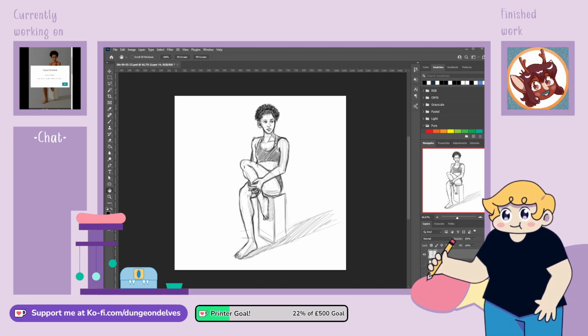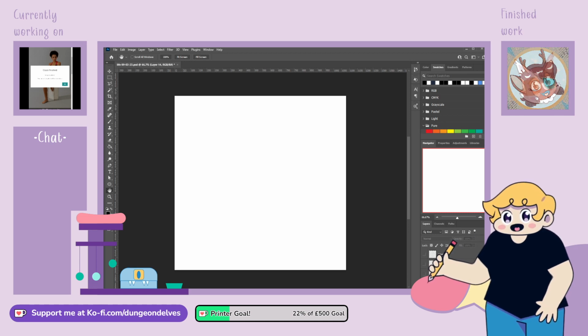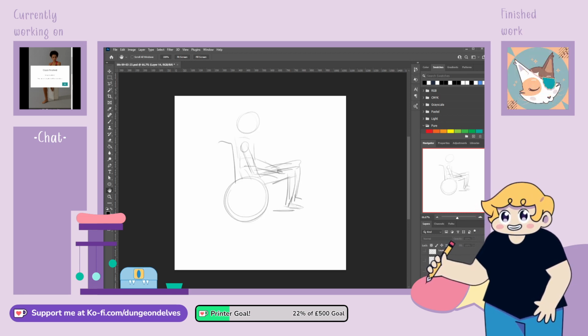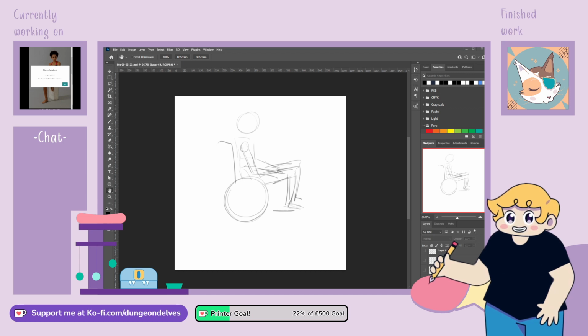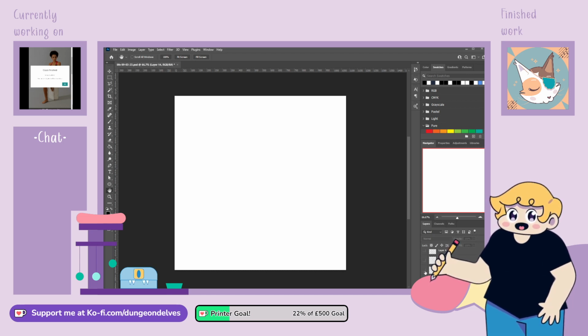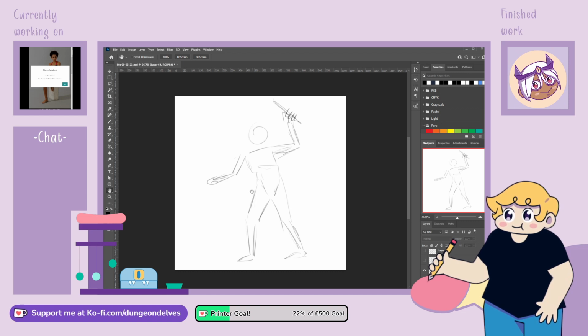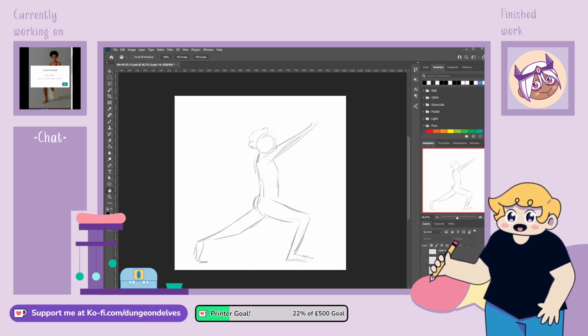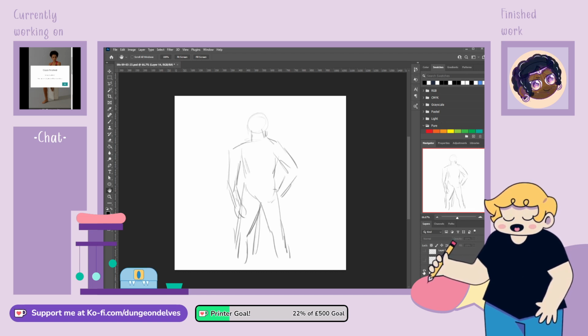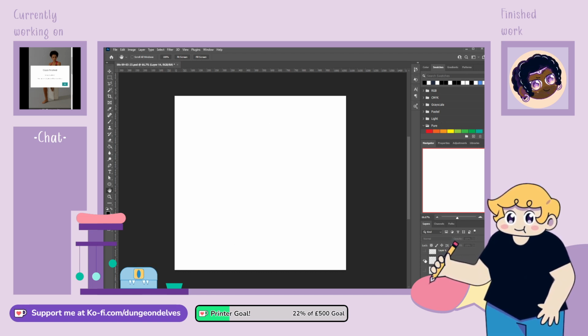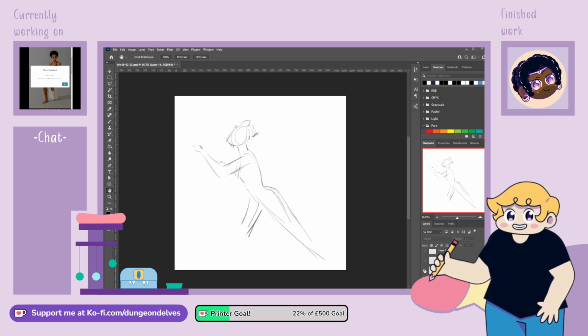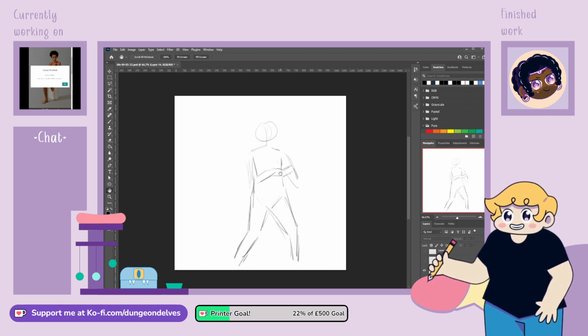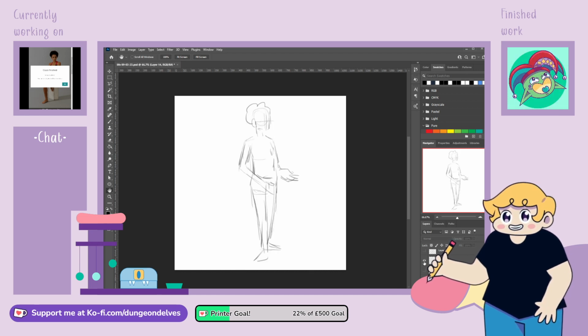Okay. Before we go, let's have a quick look back at all of our sketches in order. So we'll go with the very quick ones. These are the 30-second ones. So these are all about just getting the pose. It's pretty much stick figures, but trying to just get everything in. And for the most part, I did actually get the entire pose in. I missed the hands out there. There were a couple where I missed the feet. But a lot of them I feel like I got the pose in. I didn't get the wand in there, but I knew that there's a wand that's supposed to be there.